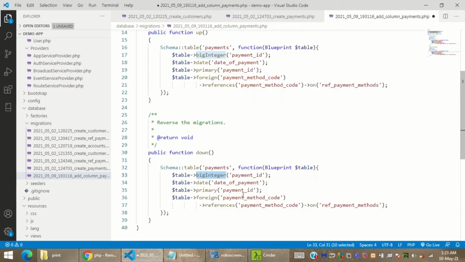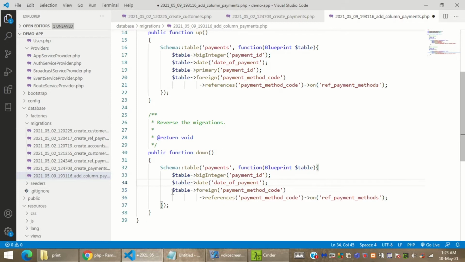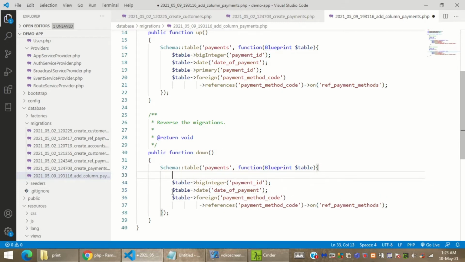But the same table is to be created over here in the down method. Remember that the only difference is that in drop we need to drop the column. So if somebody rolls back the entire migration file, it should obviously drop the columns, not the entire table. So I'm telling it drop primary key, and then dropping the column.